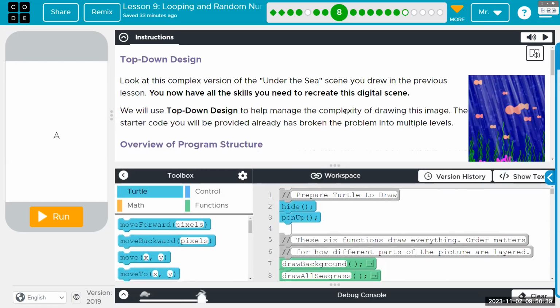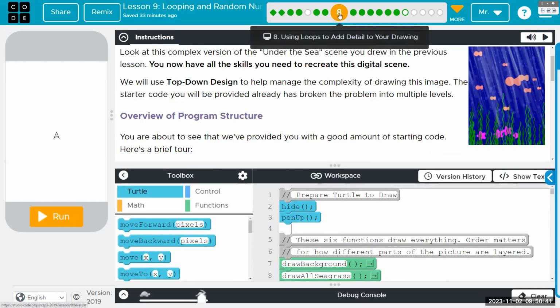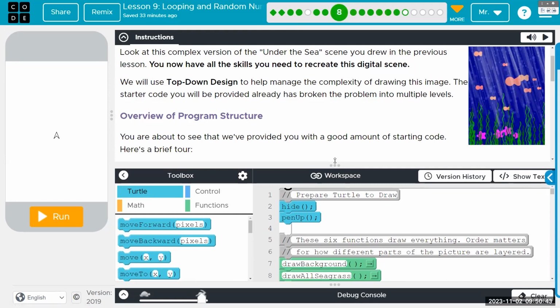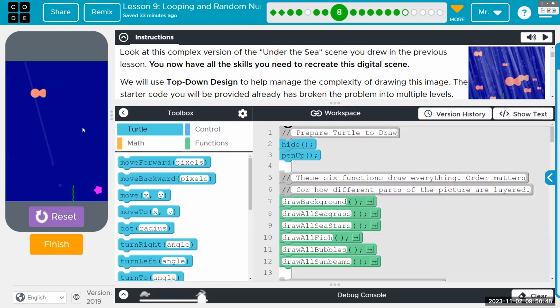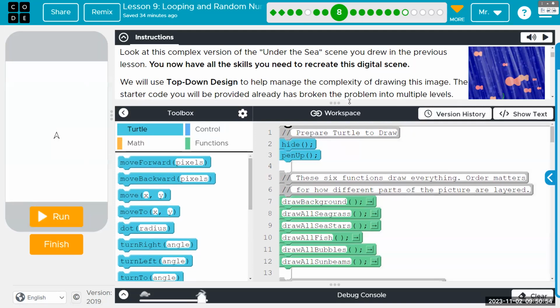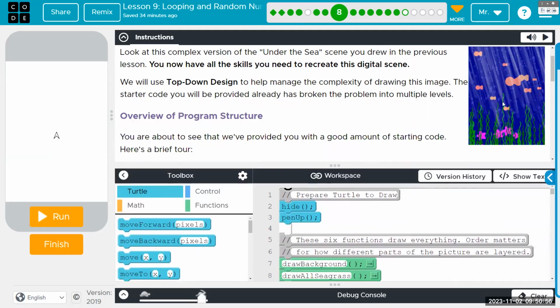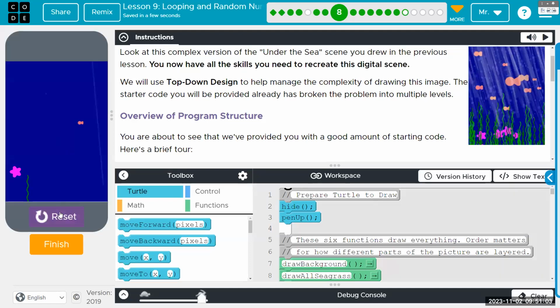Okay, Bubble 8. Bubble 8 is going to be the project for the rest of the way. Just like last time when we did Under the Sea, this is Under the Sea again, but it has other features, and we are going to extend these other features, so you know where we're headed. This is our goal. Okay, you can see we have 5 different components if you look closely.